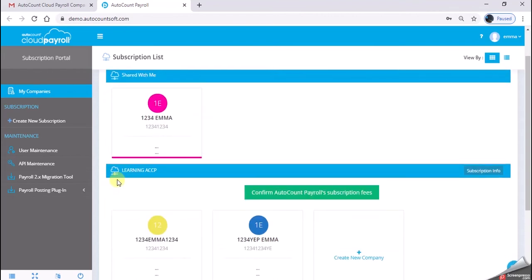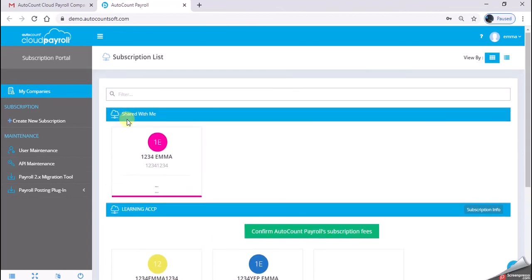It will not be under your subscription. This is your subscription, and this is the company that you create under this subscription. It's not the company that you were invited to. The company that is invited by another person will be under share with me. So this is the company that invited Apa Pombole just now. If you click under this company,